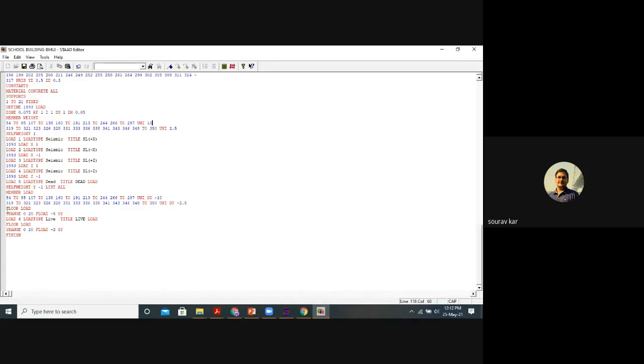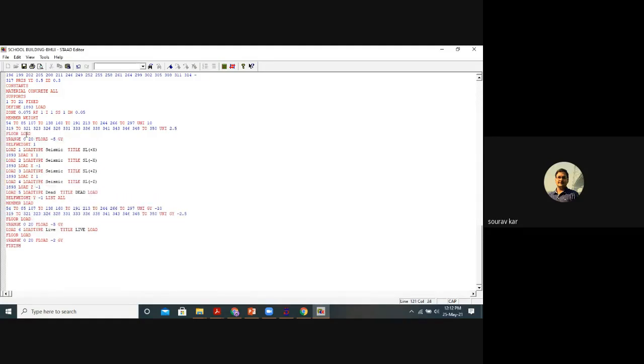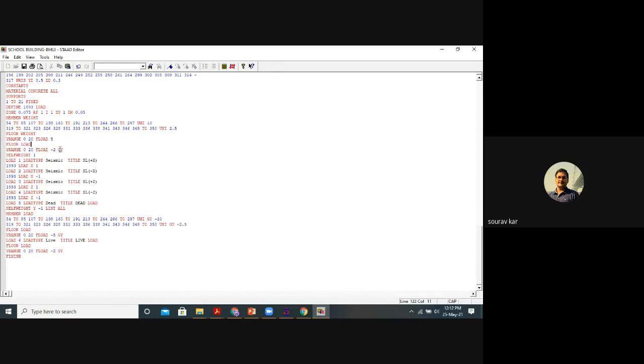Okay, and also the floor load we will copy and paste here. The floor load will be replaced as floor weight. Floor weight. Again the floor load, F load 5. GY will be removed. That means the vertical load it will replace. Okay. And till now I have copied from the dead load section. Now I will copy from the live load section. Same thing, floor weight.